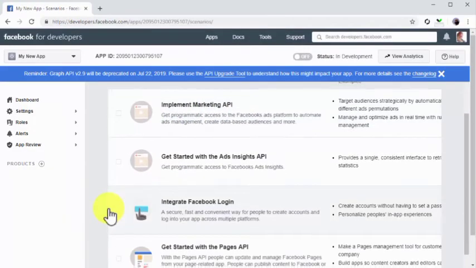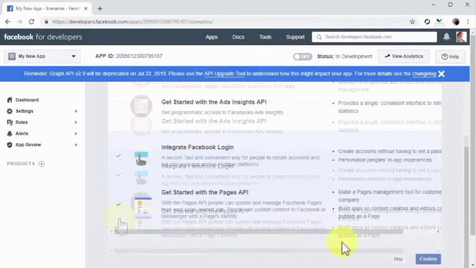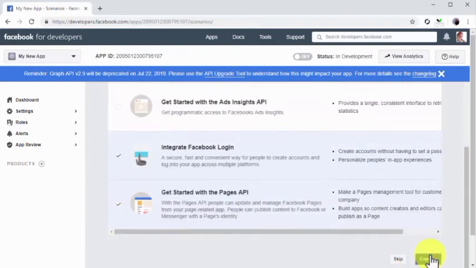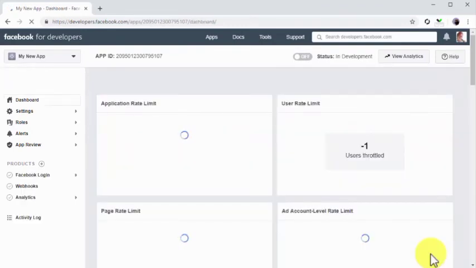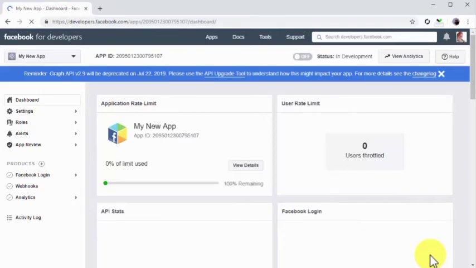Next, select a scenario where you'll integrate your new app with Facebook and click on Confirm. Then start building your app for its intended use. Of course, you'll need to get people to use your app so Facebook can add these users to your custom